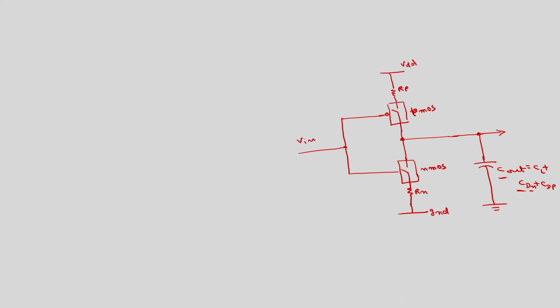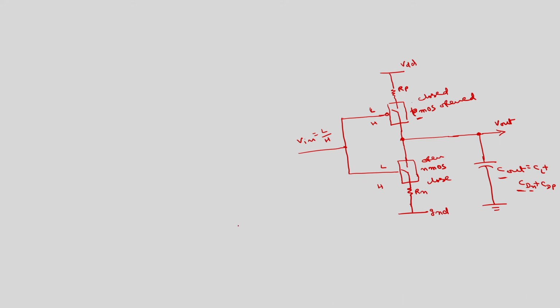Okay. Now, depends upon whether the input is high or low. This input can be low or high. So, accordingly this switch will be opened or closed. If low is applied here, this switch will be closed. If high is there, switch is opened. Whereas here low will open the switch, high will close the switch.